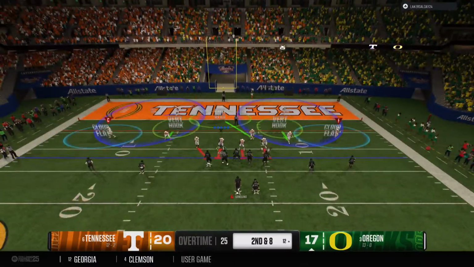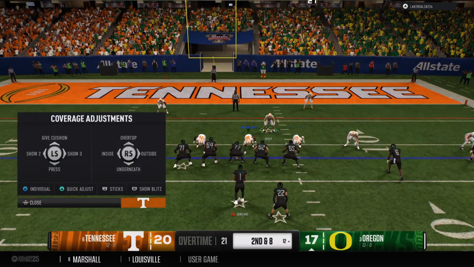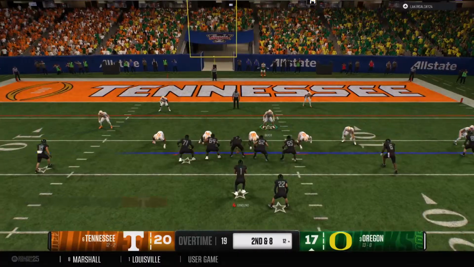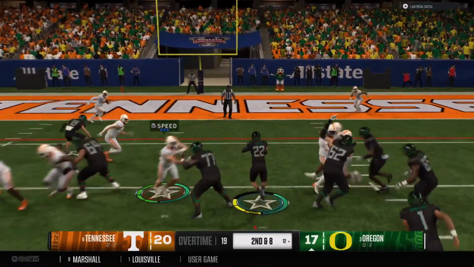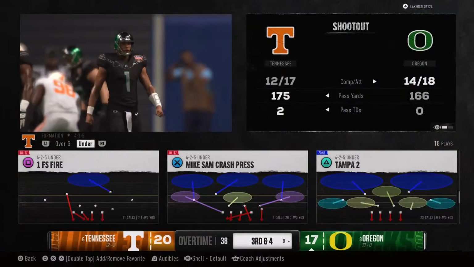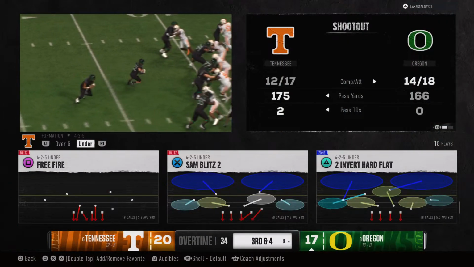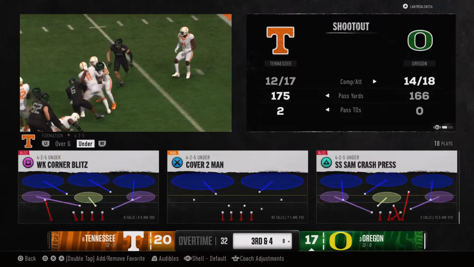Coming to the line on 2nd down. This is important. They want to avoid a 3rd and long. An inside give now from the shotgun. And that run produces a decent gain. Well, they didn't bust that for a big play, but it makes this 3rd down coming up a little bit more manageable, and that certainly has a lot of value.